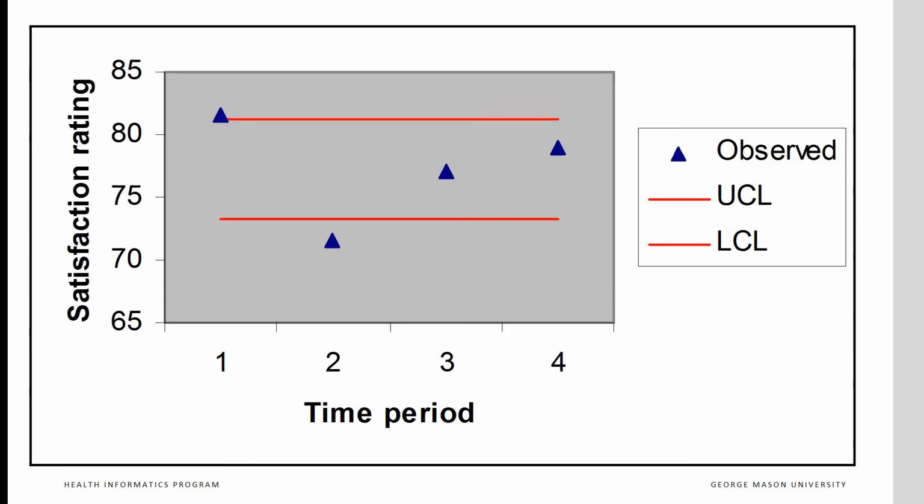Any point that falls outside the control limit is not due to chance. The first time period is above the limit. Patients rated us higher than the historical trend in the first time period. Note also that the second time period is lower than the lower control limit. Therefore, patients rated our services worse in this time period, and the change in the ratings was not due to chance. This change marks a real change in satisfaction with our services. We would not have known this until we created the control chart.